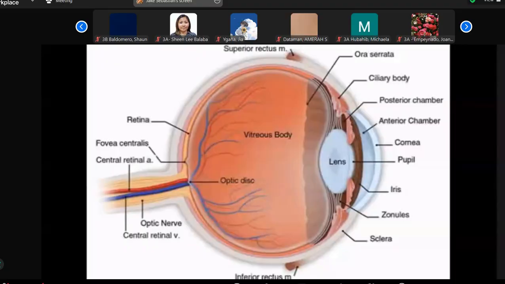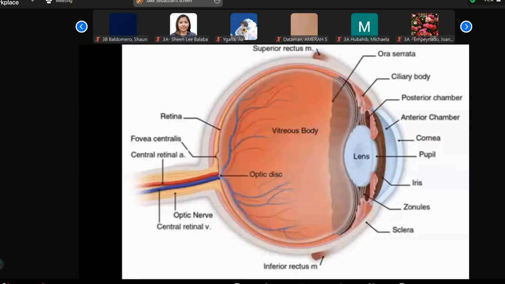Okay, let's talk about the eye. I need people to participate. I'm not sure if you're eating or what, but